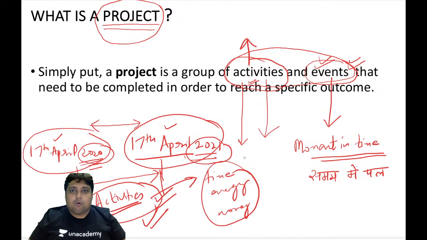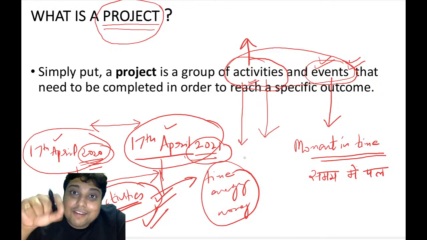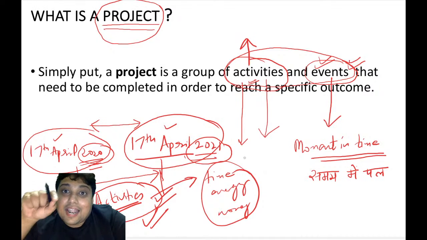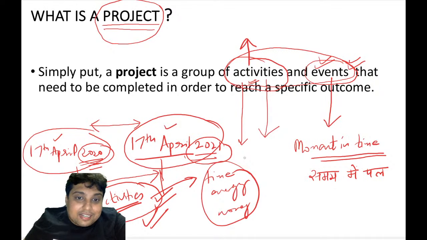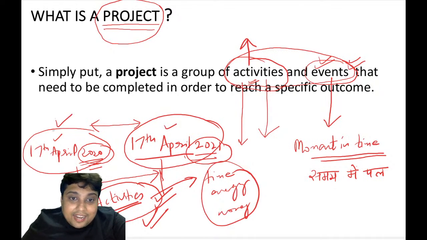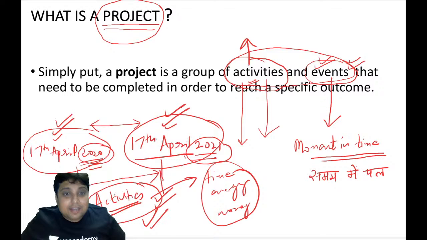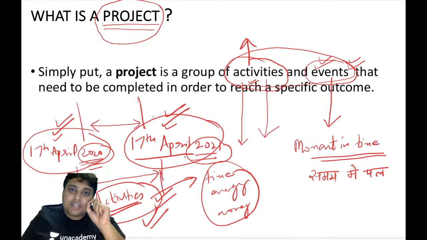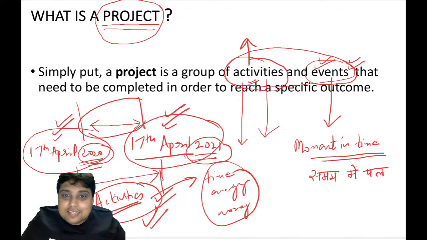I am teaching right now, it is an activity. But this activity started at a particular event, that is 9:15 p.m. at 5th November 2020. And this activity of teaching this first lecture will end at 10:45 p.m. 5th November 2020. So events are nothing but time movement. It has a starting, it has an ending. It is just a moment in time. समय में पल है. But in between those events, we are consuming the resources. We are consuming time. We are consuming energy. We are consuming money, and that part is called as an activity.